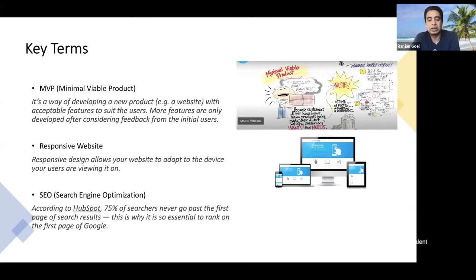So if you do a test after you have done, say, your first website publishing, you go to Google and put in some of the terms that you want searchers to use to get to your website. And with those terms, if your site doesn't show up in the first 1 or 2 pages of the search results, then you have to rework your SEO.